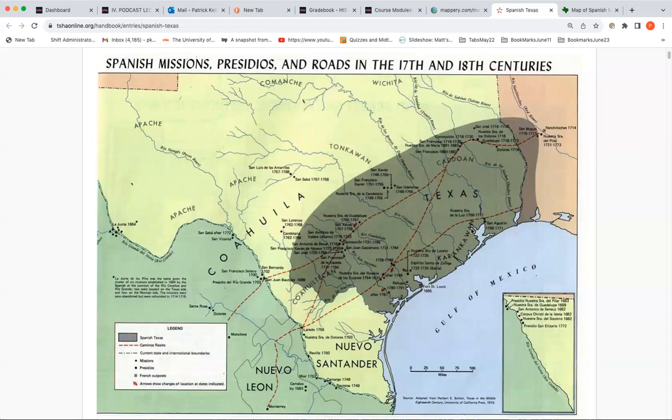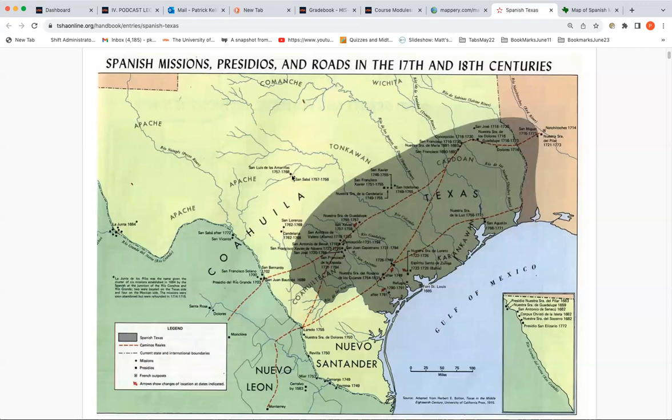So the successful ones were especially in San Antonio, Goliad, and then in kind of around the Nacogdoches area. So the big thing is this green kind of blob here. This is how the Spanish saw Texas. They did not see the Texas that we think of today, which you can kind of see on the rest